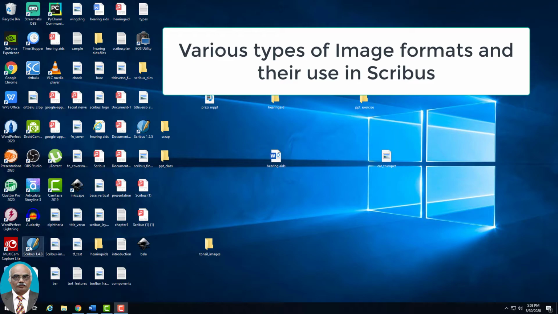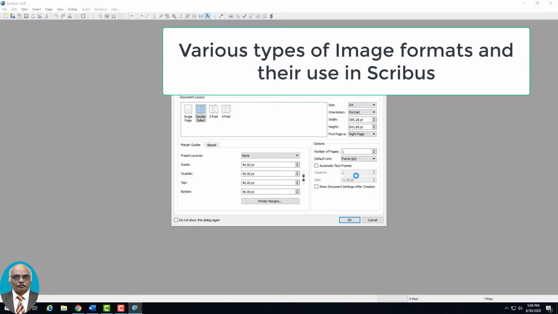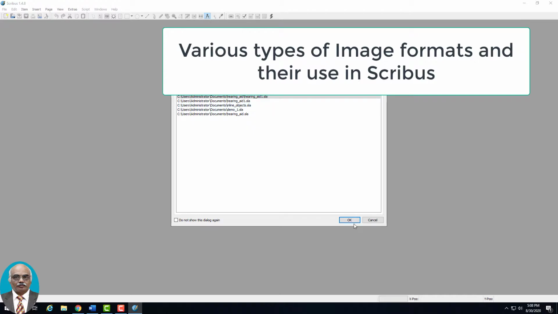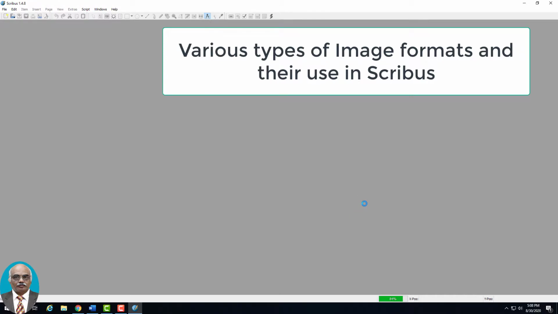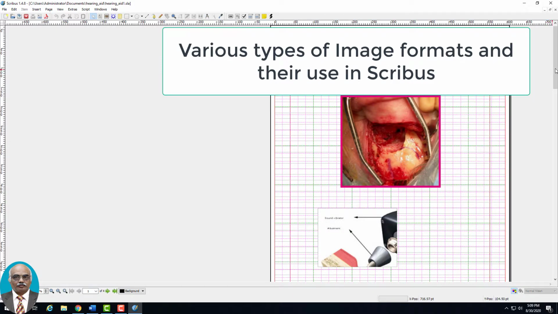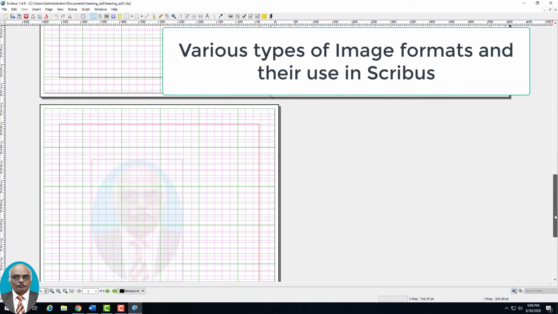Now I am going to discuss various types of image formats which we are going to use in our Scribus document. A book without pictures or images is like food without salt. So, images play a very important role in making your book readable. There are various types of image formats available, and these image formats can be